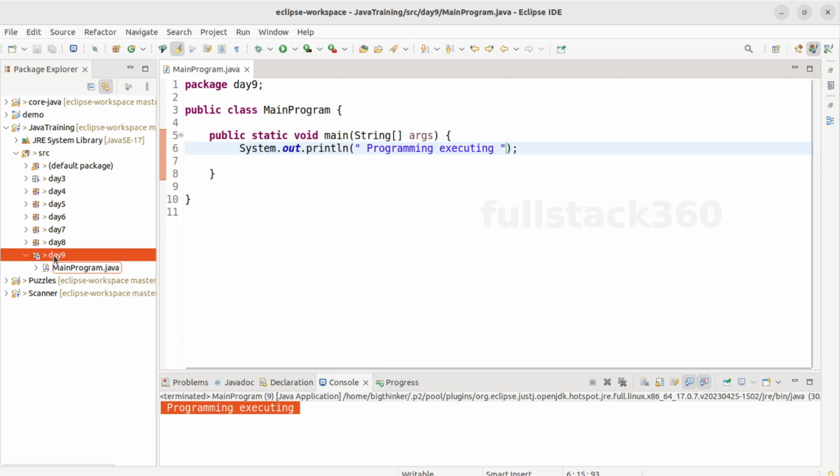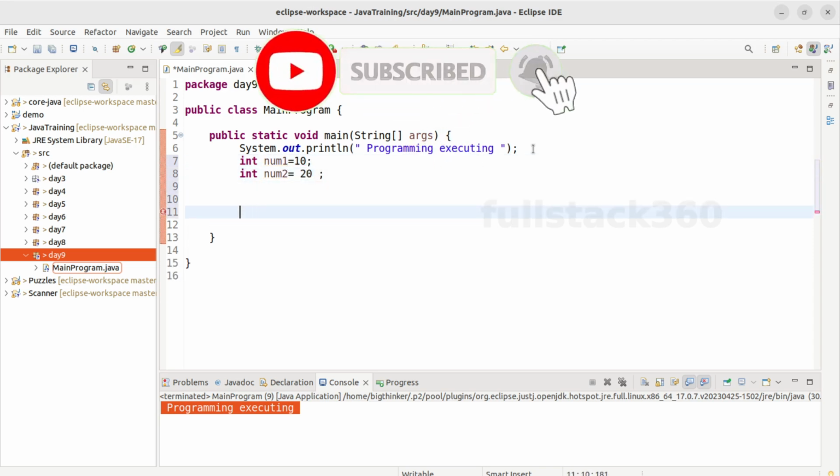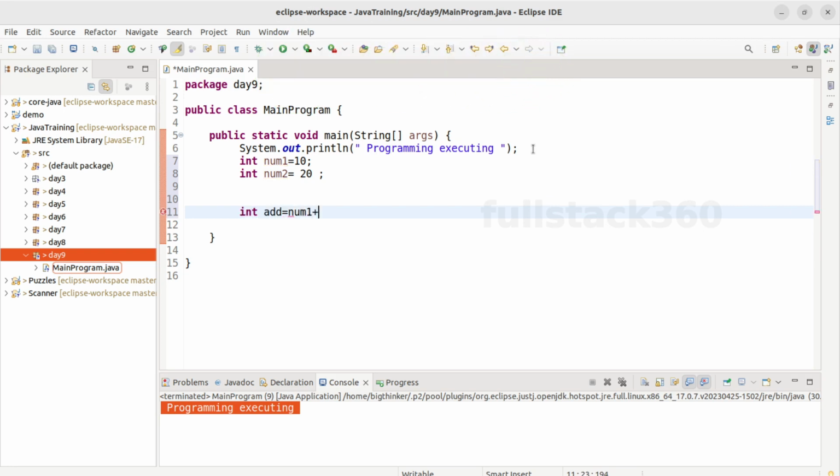In the previous class, we started with the concepts of classes and objects. We studied that everything in the real world is an object and it is getting transferred into the Java world also as objects. Today, we will take the program we did to add two numbers, the first program we did. Int num1. Do you remember this? And we created add equal to num1 plus num2, sub equal to num1 minus num2,